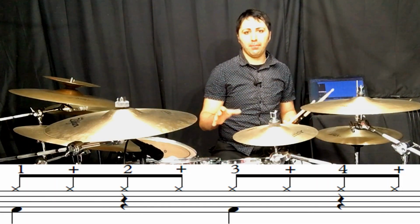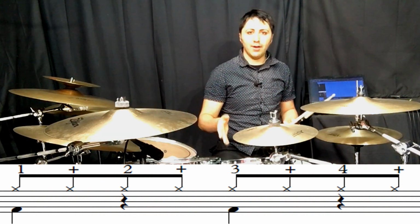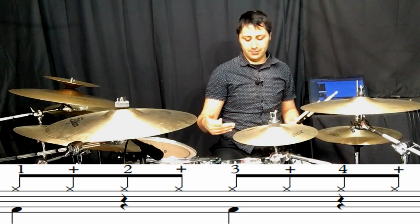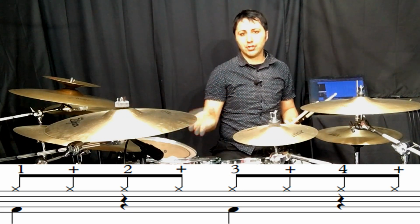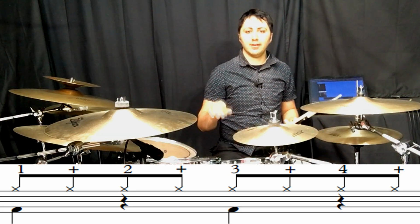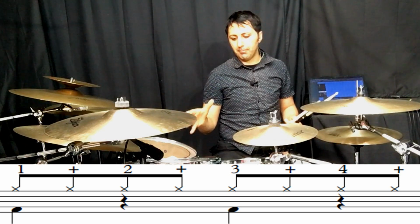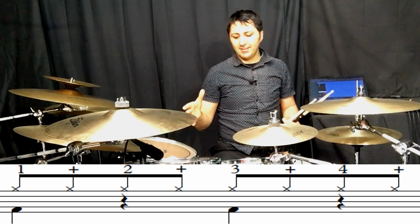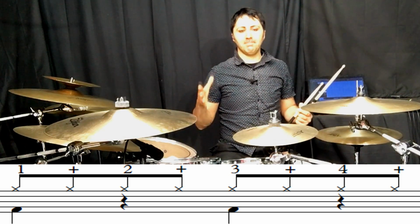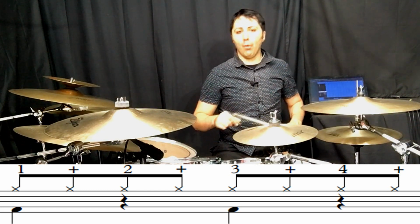So the next step, we're going to add the bass drum, and we're going to add it on the counts 1 and 3, right? So your bass drum is obviously your right foot playing the pedal, playing the bass drum. Now that bass drum is that big drum on the drums that's monstrous, right? It's the biggest drum on the whole drum kit, and it's probably the one that's going to wake up the